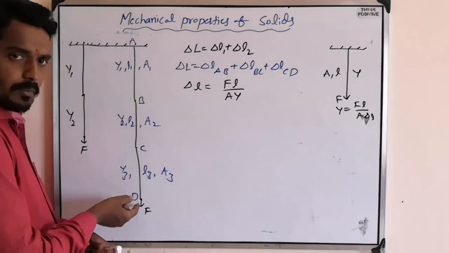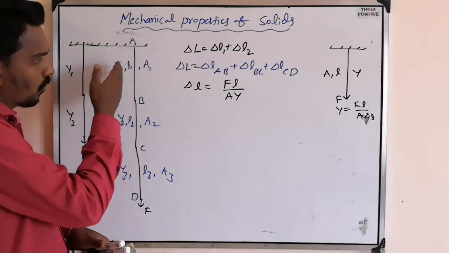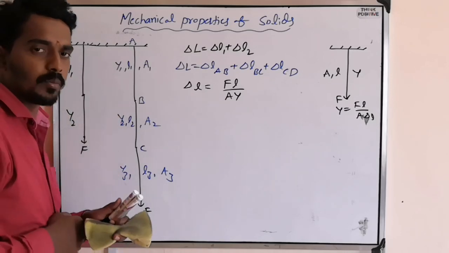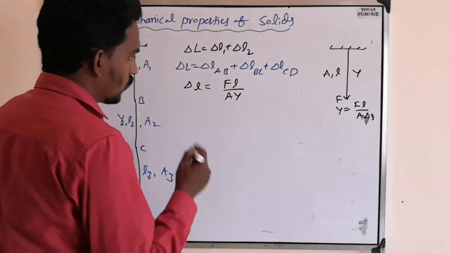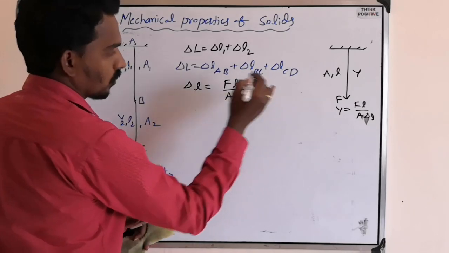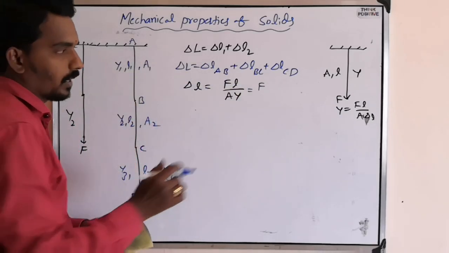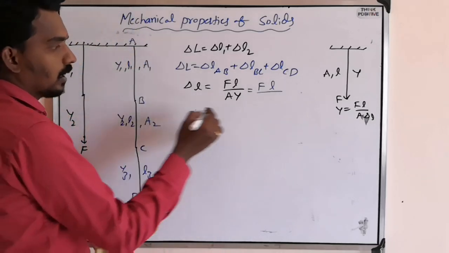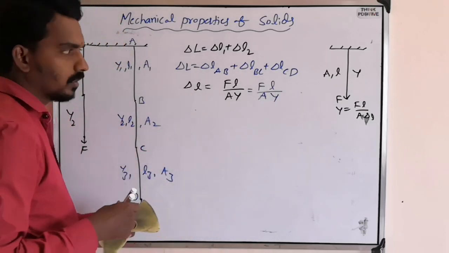See, same force is applied because you are applying force here, right? So the force is same for all the three wires. No other force is acting at any other point. So force is applied at this point. So that you can take like F is the force which is same for all of them, but L is the length which is different, right? So L and area is also different and Y, Young's modulus, is also different.